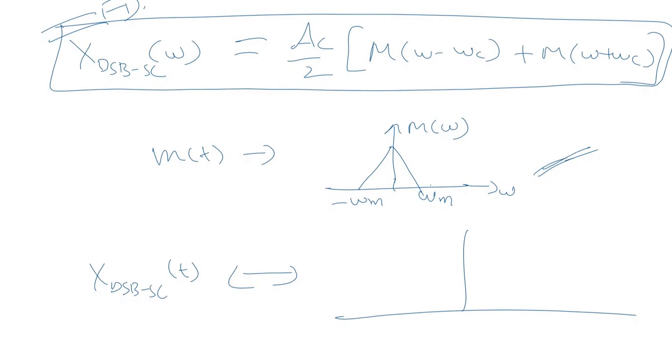We can see the frequency domain expression. It is nothing but the shifted version of the spectrum of the message signal with the amplitude Ac by 2, right? So the amplitude would be Ac by 2, and the shift will be by omega c towards the right and the left hand side. So we shift the spectrum of the message towards right by omega c and towards left by omega c, and the extreme points would be omega c plus omega m and omega c minus omega m. So this is the spectrum.